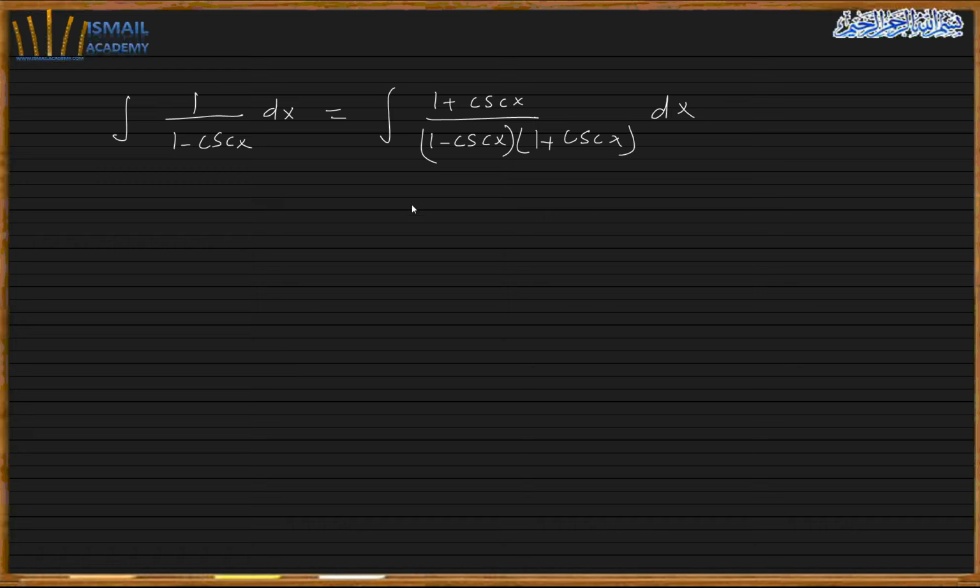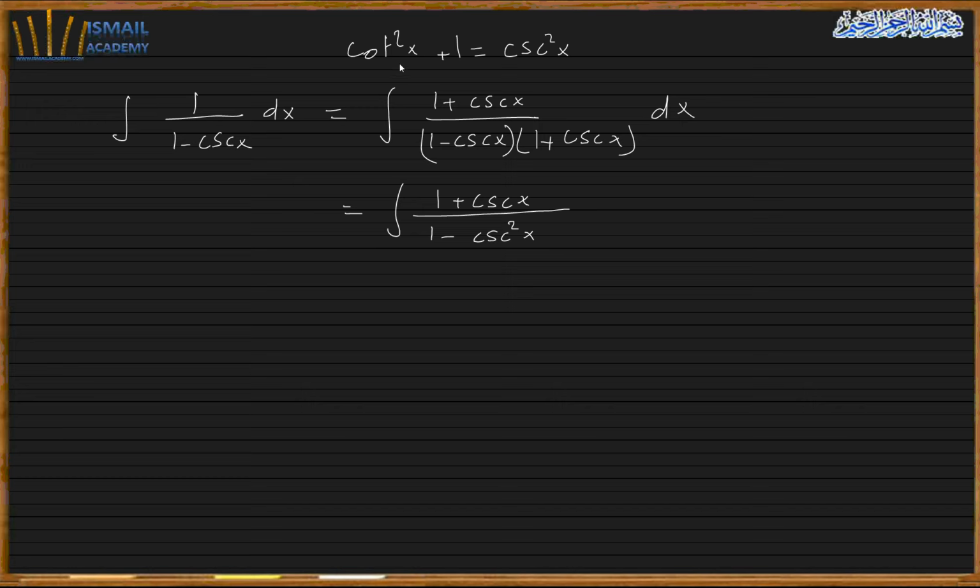So if I multiply those two, I will end up having (1 plus cosecant x) over (1 minus cosecant square x), and we know that cotangent square x plus 1 is cosecant square x, which means